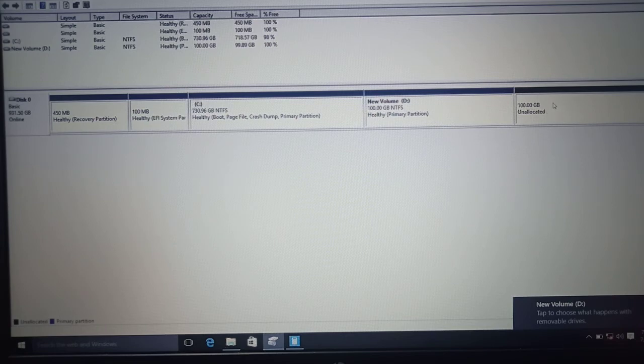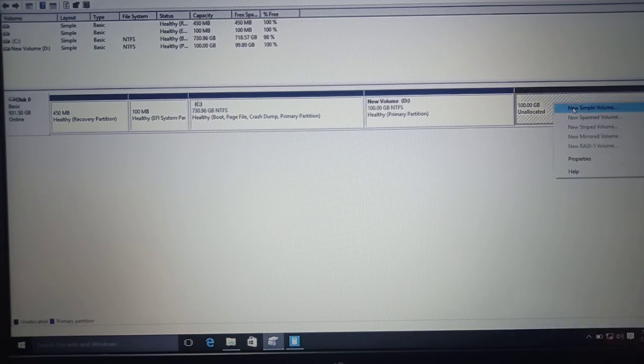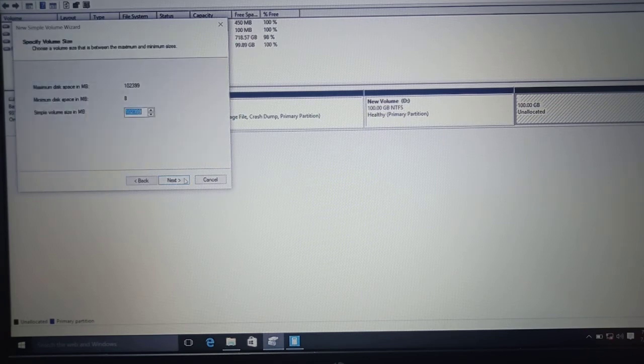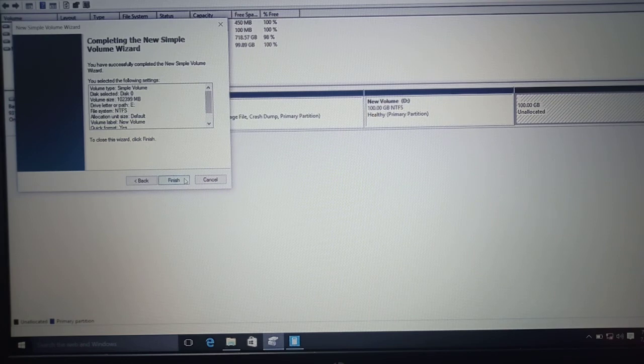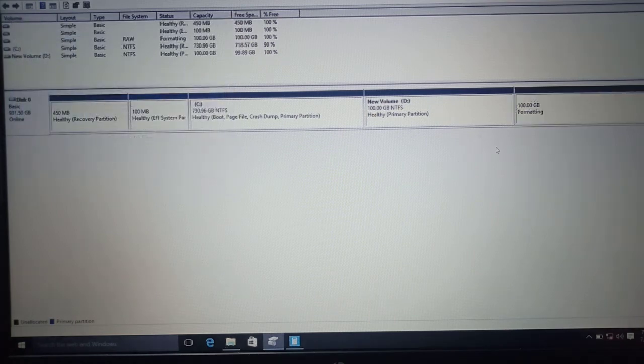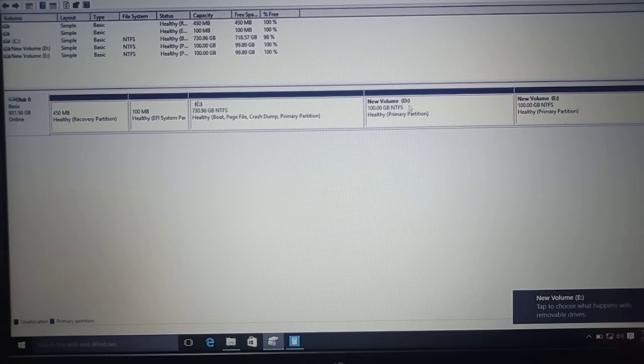Now again we want to create another new volume, 100 GB again. Just select it, and it will create a new volume with 100 GB. So this is how we have successfully created drives D and E.